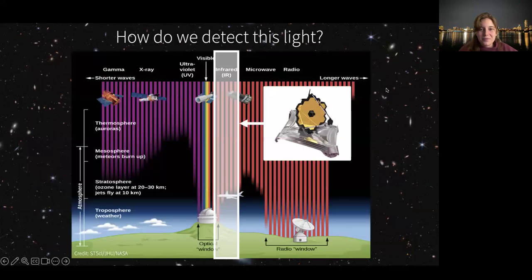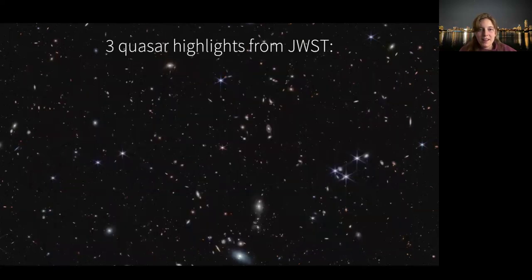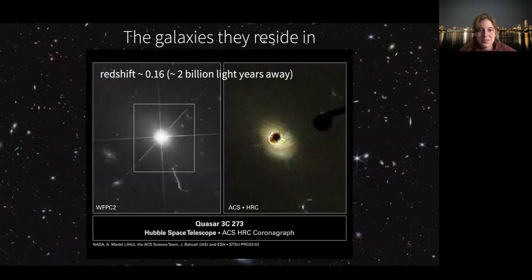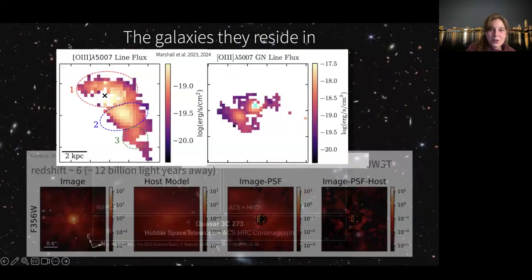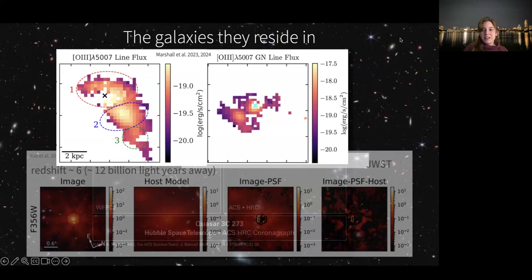So what's cool is that I'm going to flip to the last section that I don't have time to go into, but I can just flip to this picture. One of the things that the JWST has allowed us to do is to take a pretty close look at the galaxies where these quasars reside. And one pretty surprising result, which has only this year been published and more established, is that when you take a look at the host galaxies of these black holes, they seem to actually not be your classical galaxy that I showed you at the beginning,